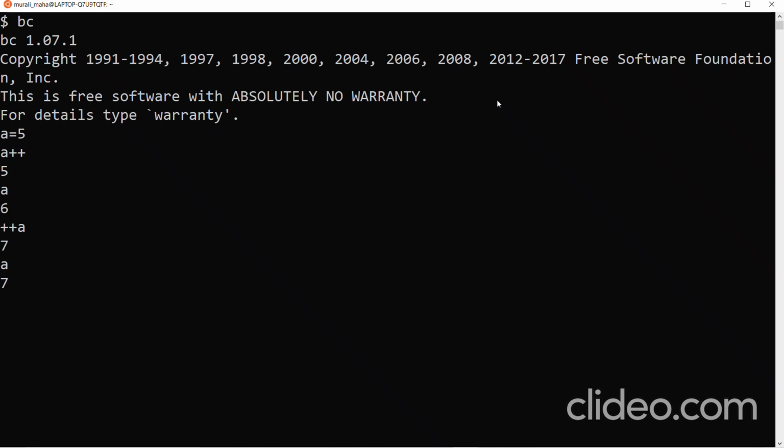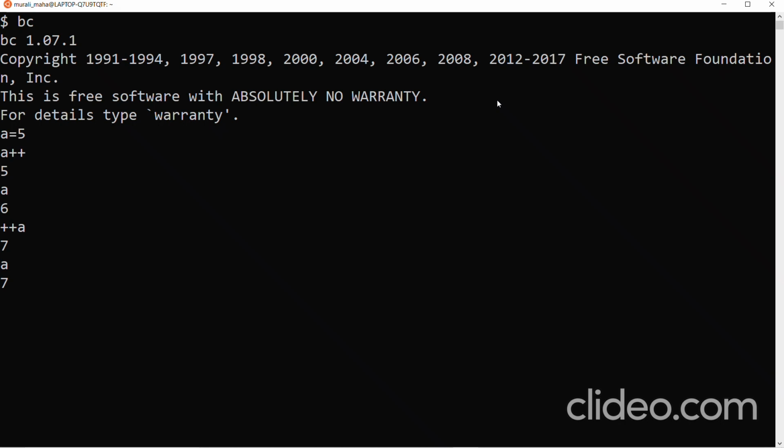A would be 7. You must be knowing the difference between the postfix incrementing operator and the prefix incrementing operator. If you are using a plus plus in an arithmetic expression, the current value of a would be evaluated, and then after the expression is executed, a's value would get incremented.